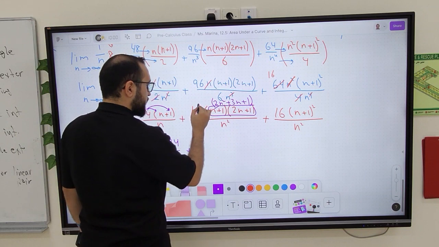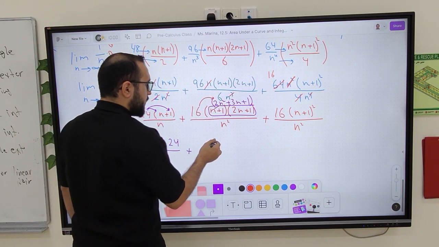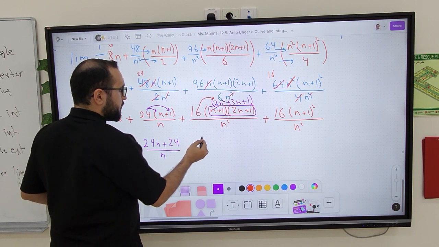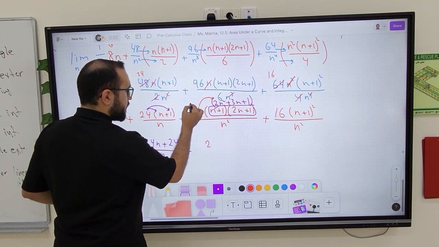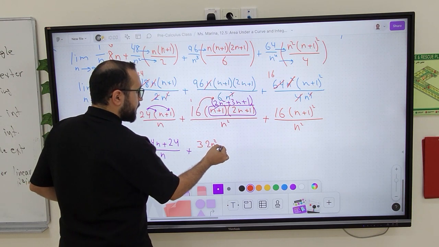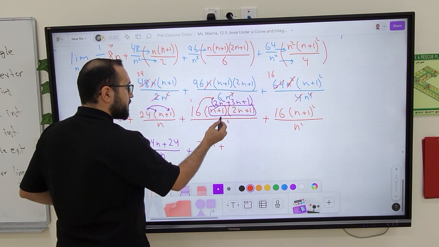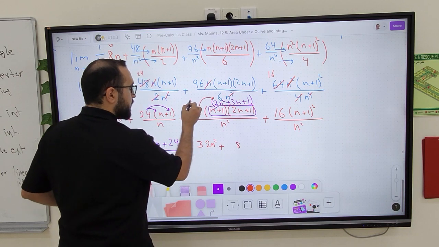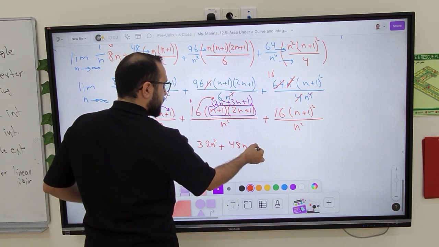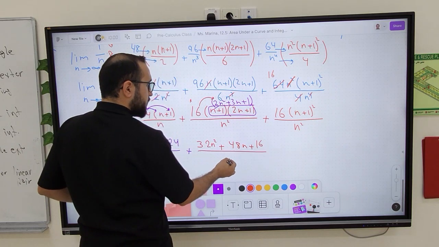So now let's distribute 16. So 16 times 2 is 32, so 32n squared plus 3 times 16 is 48, so 48n plus 16 over